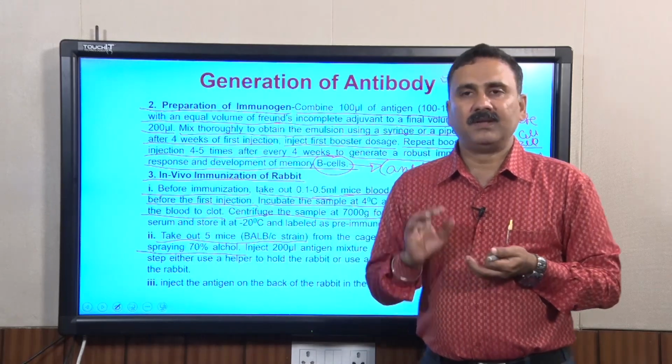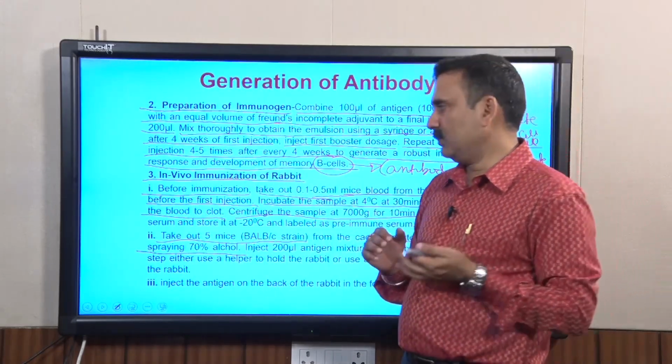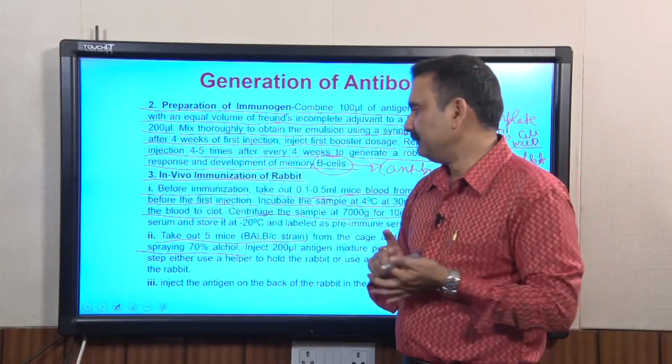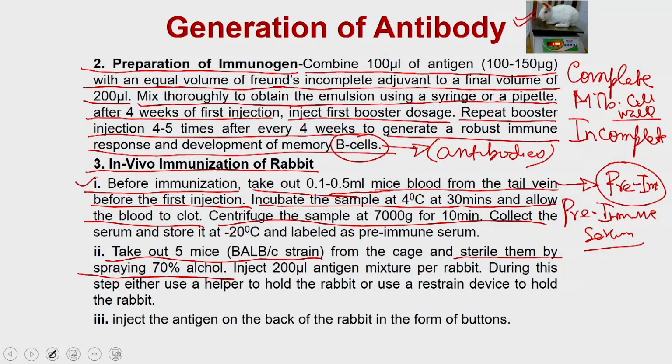Exactly the same is what you have to do, because we are going to inject this immunogen into the animal. So, we have collected the pre-immune sera, then we disinfect the animal, and then you inject 200 microliters of antigen mixture into